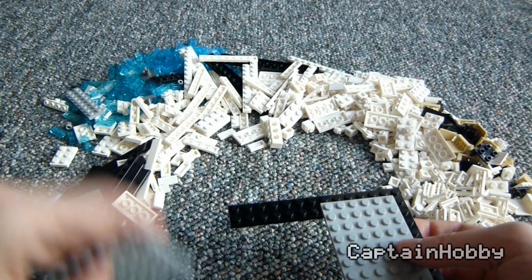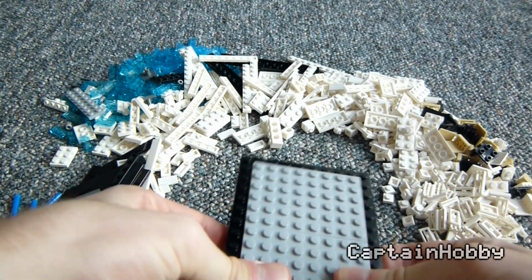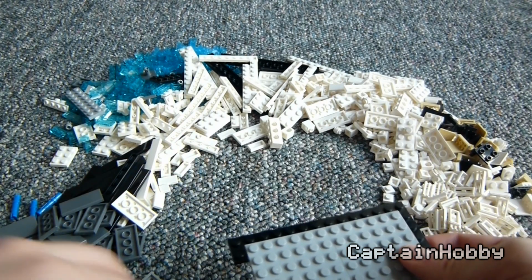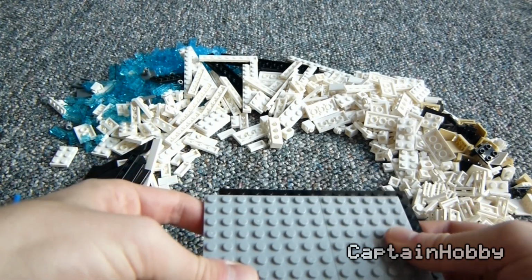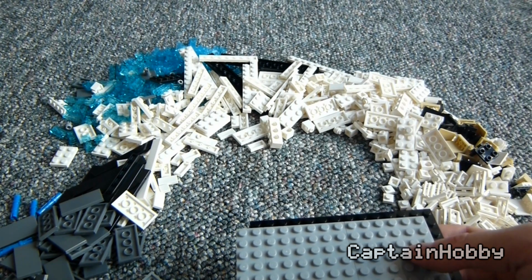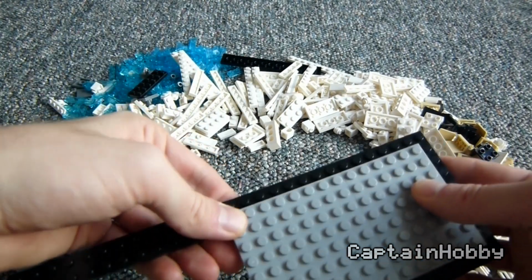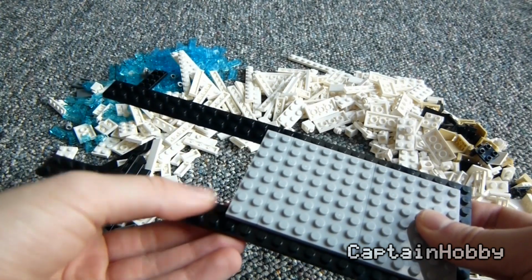I acquired the Marina Bay Sands tile a couple years ago, I want to say in around spring of 2015. At that time I actually had set up a spreadsheet that would basically scrape Bricklink's website to let me know if any were available, as well as a couple of the other exclusive architecture tiles. And luckily, after only a couple weeks of trying to find the piece, I managed to find one seller in